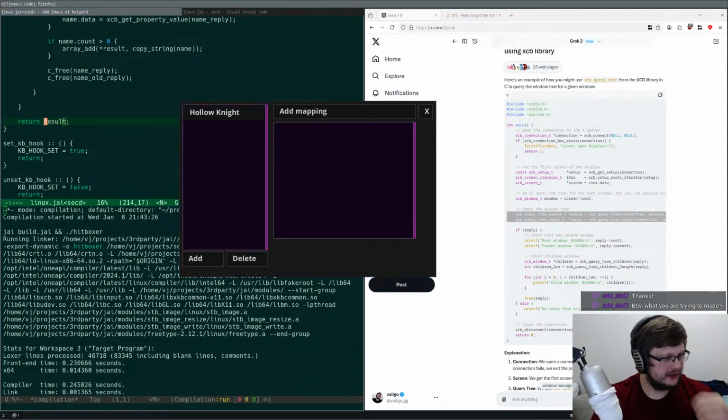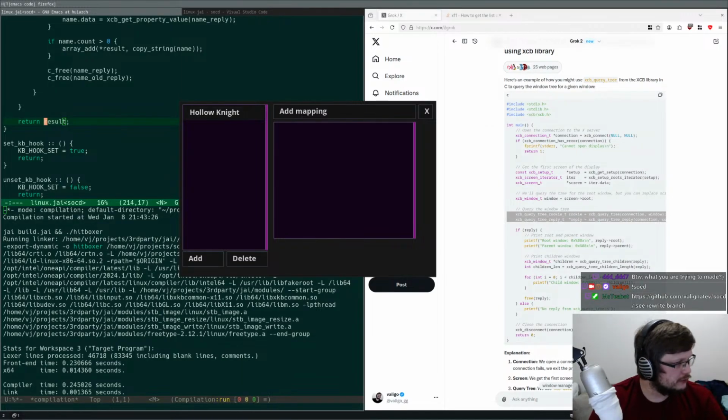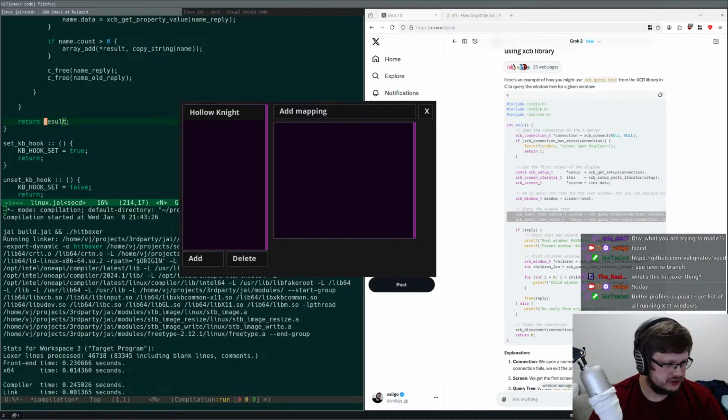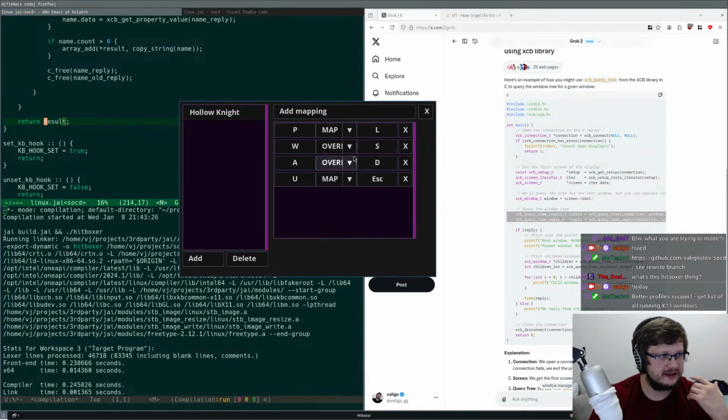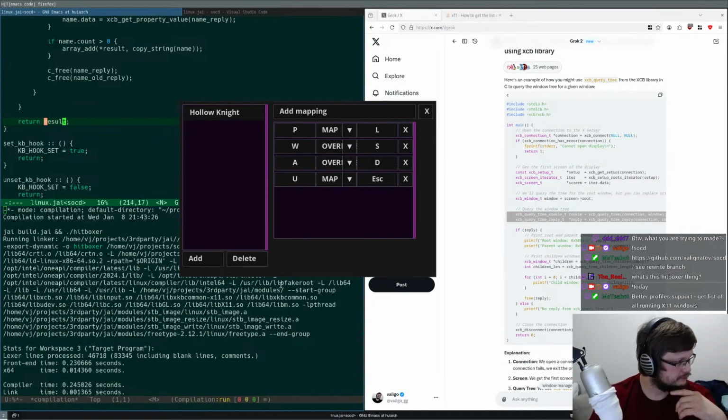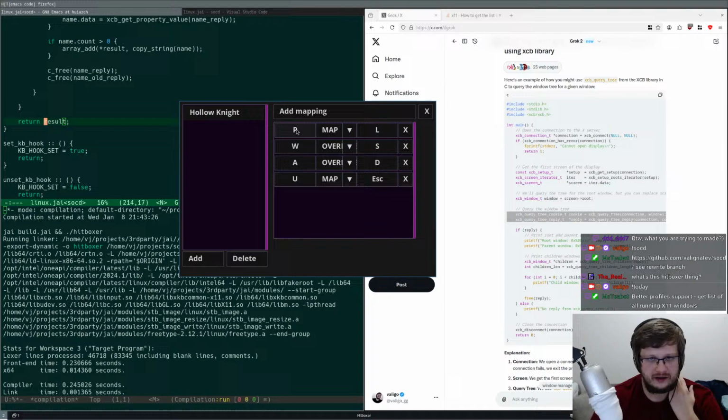What am I trying to make? You can read more here about the program itself. And today I'm working on some X11 shenanigans. So TLDR is that this is a glorified key remapper. It is a program that lets you, for a particular game, for example, rebind keys with some